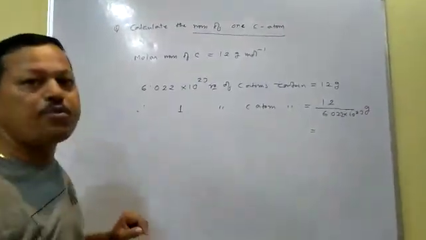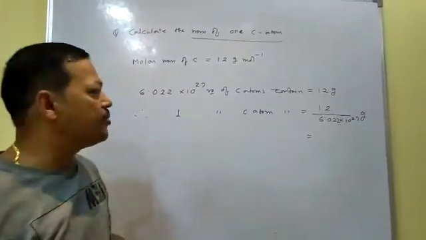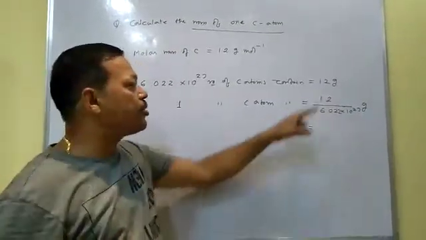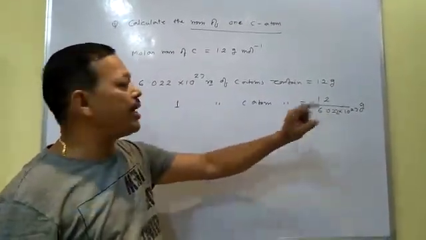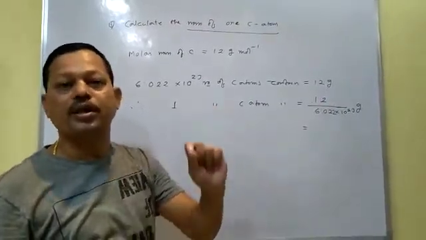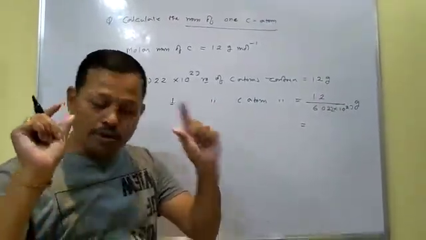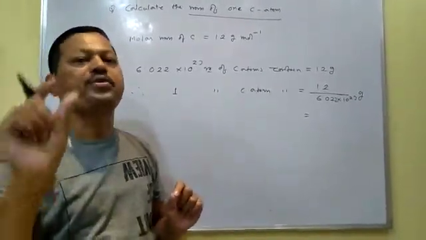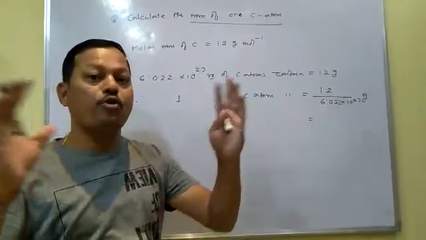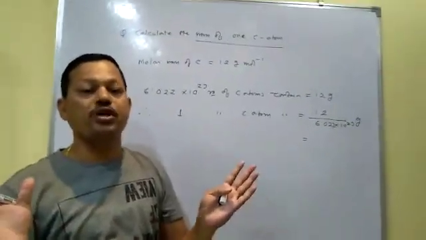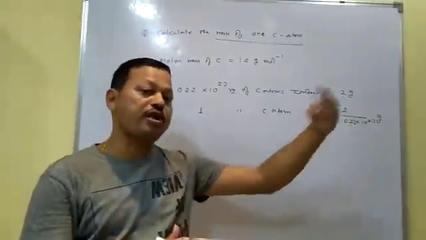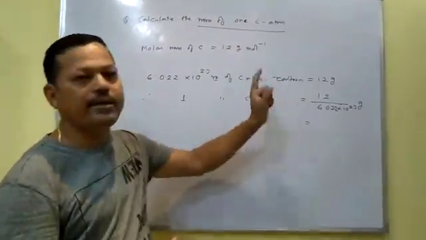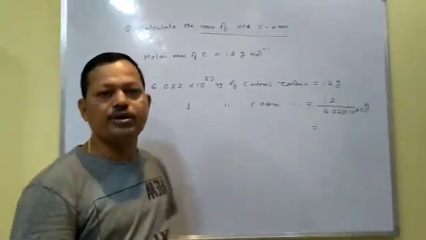Actually, if someone asks you what is the mass of one hydrogen atom, it is atomic mass of hydrogen divided by Avogadro's number. What is the mass of one carbon atom? Atomic mass divided by the Avogadro's number. This way, you can find out the mass of one atom. Always remember, atomic mass is not the mass of one atom. Atomic mass is the mass of Avogadro's number of atoms. I mean 6.022 into 10 to the power 23 atoms contain the atomic mass. So if you want to find out the mass of one atom, always you do like this: atomic mass divided by the Avogadro's number. Thank you.